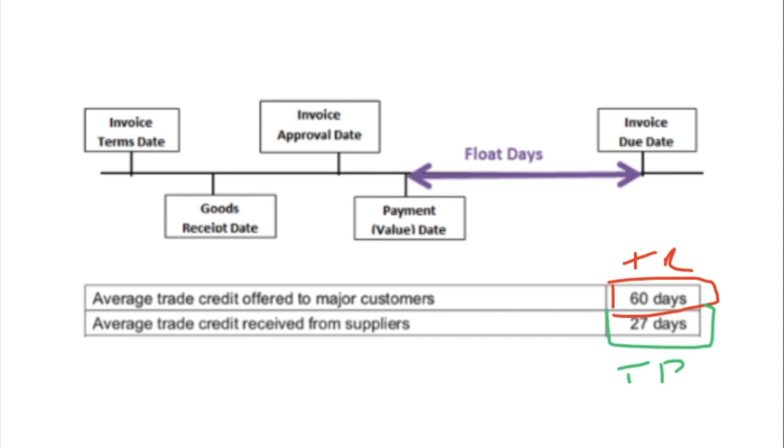So this example means that they have to pay their suppliers 33 days before they receive payment from their customer. This might create problems, and therefore one solution would be to negotiate these days to make them closer together. So in other words, try and actually balance them out completely. You're asking customers to maybe pay in 30 days, but you're also asking suppliers to maybe increase their trade credits from 27 to 30 days. That obviously depends on if the supplier is willing to do it, and it depends if the customer's willing to do it. You could completely stop offering the trade credits to customers, full stop, but then you don't want that to result in losing those customers.